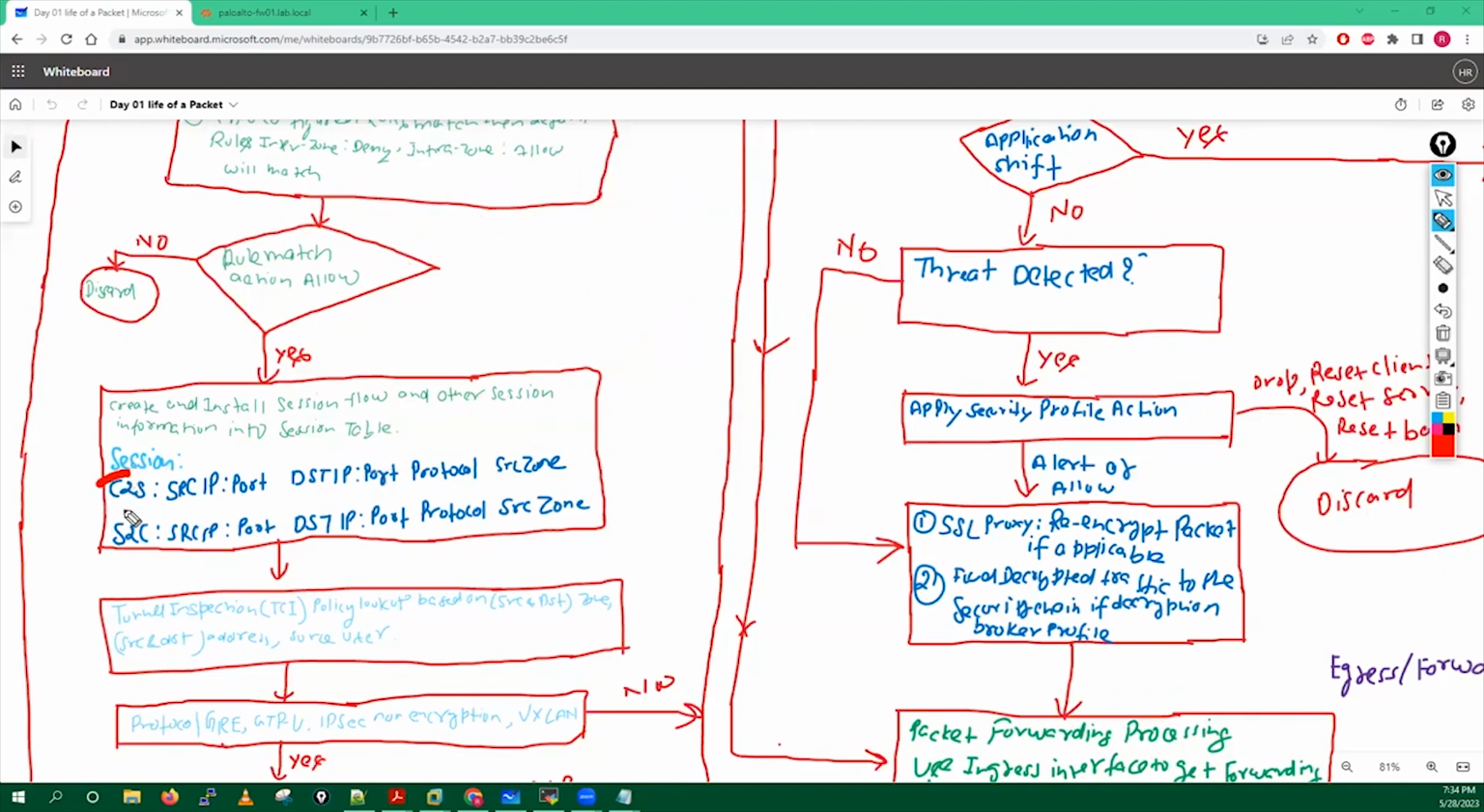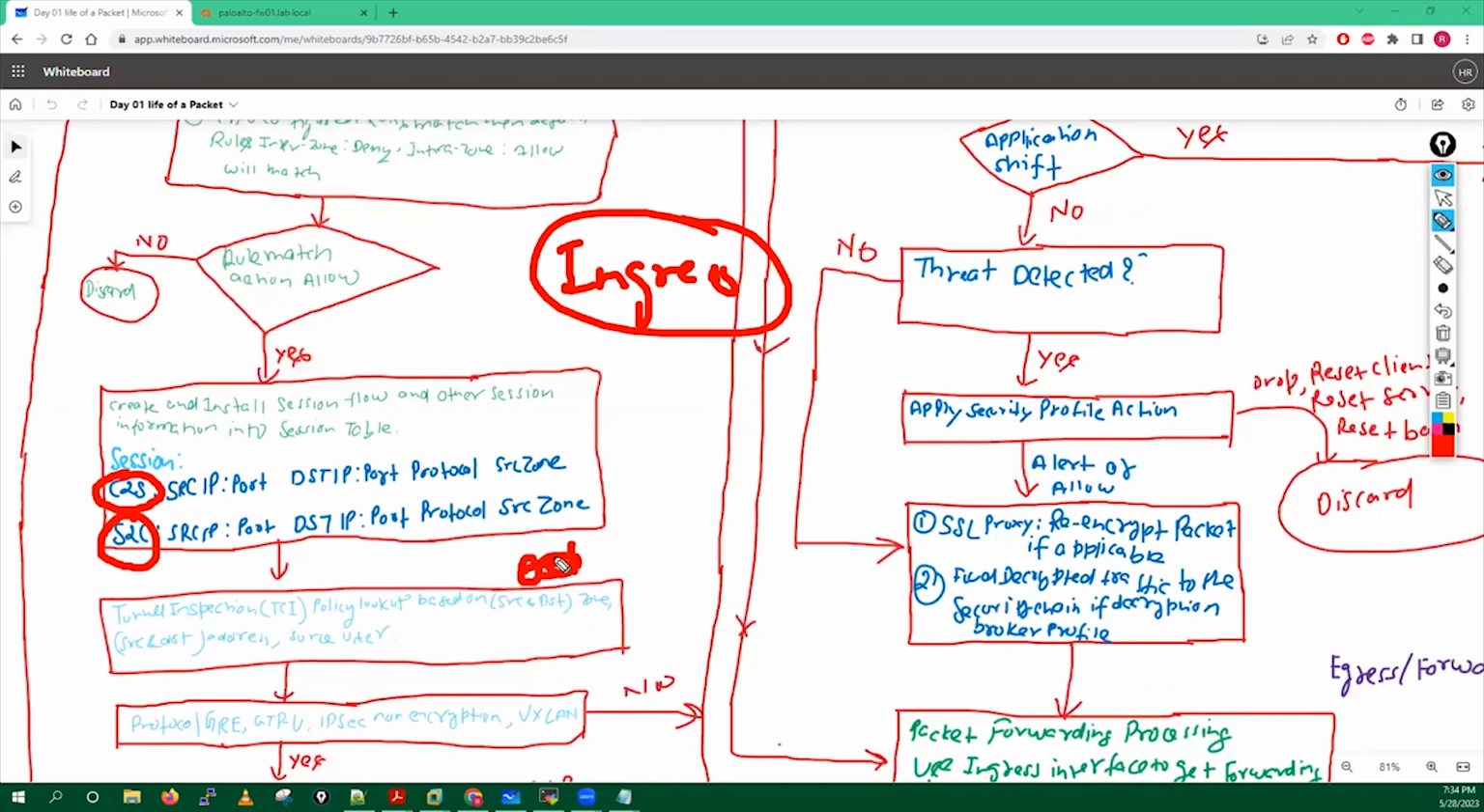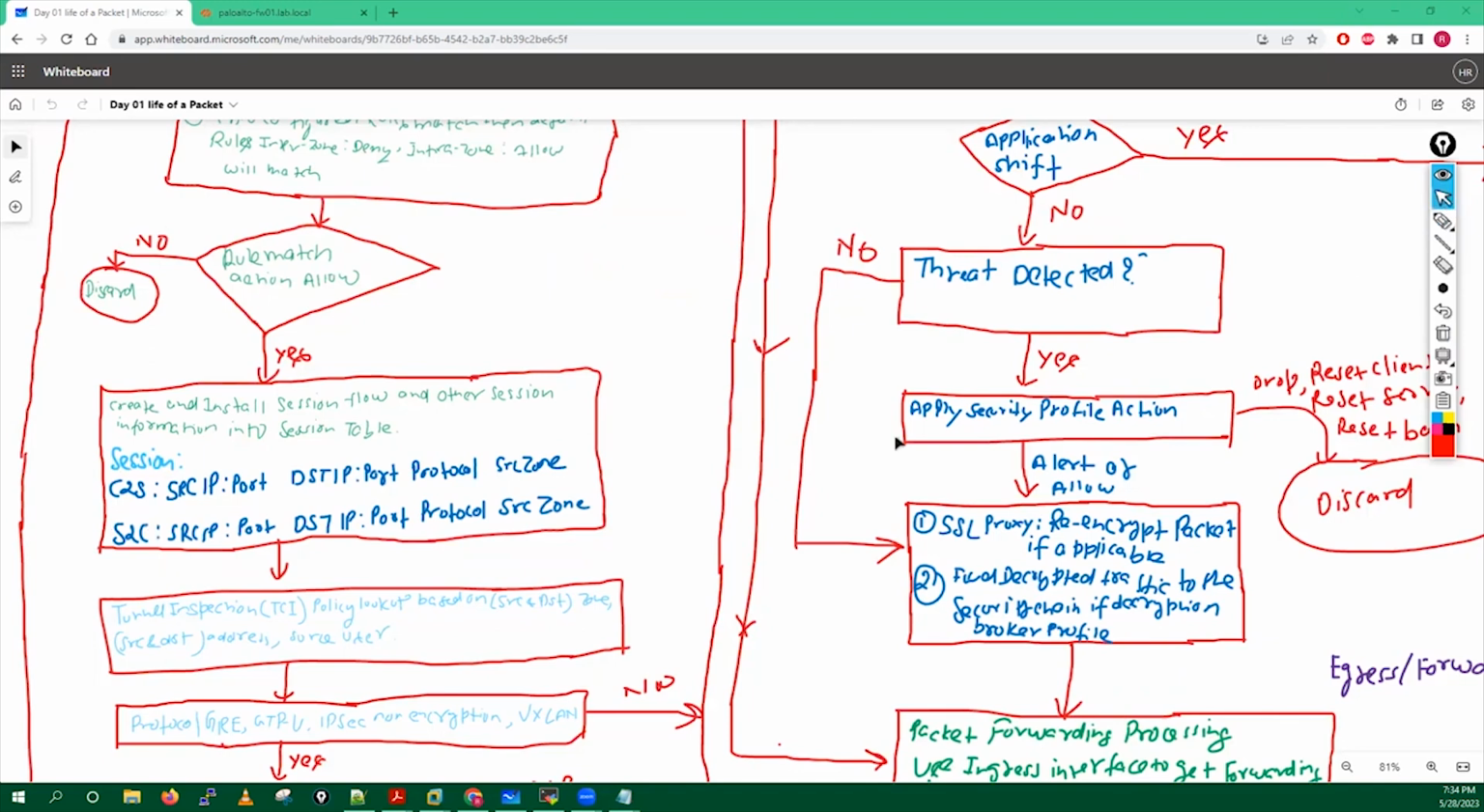Because for client to server, we extract all that information in the ingress stage, right? For server to client, we were not aware of the zone details. But by looking into the routing table, we have the zone details, so we have all the information to create both flows, server to client and client to server, and they will install that particular session. And once this session is created